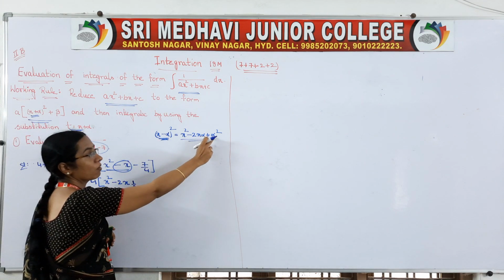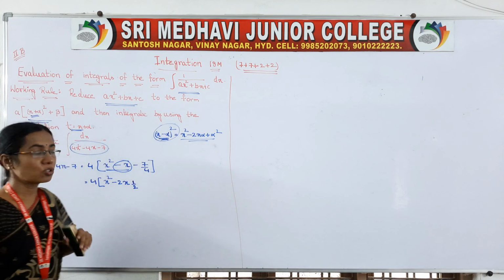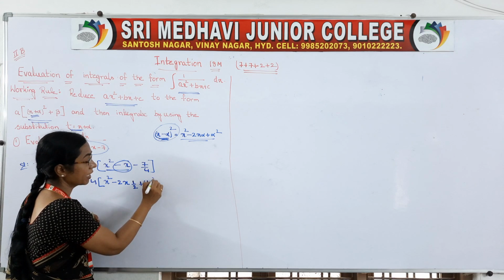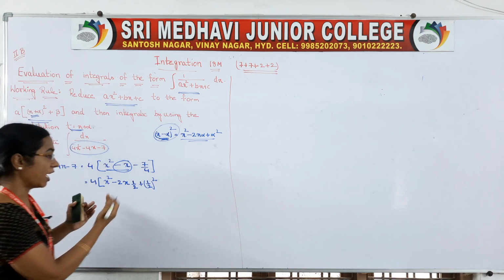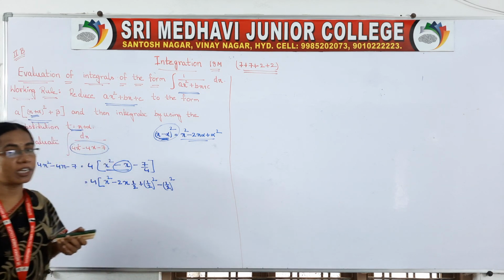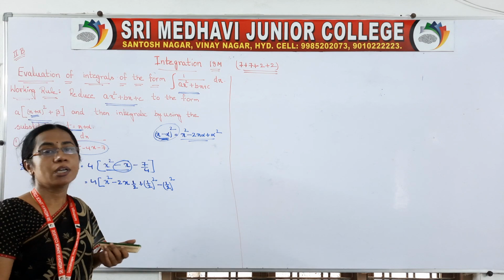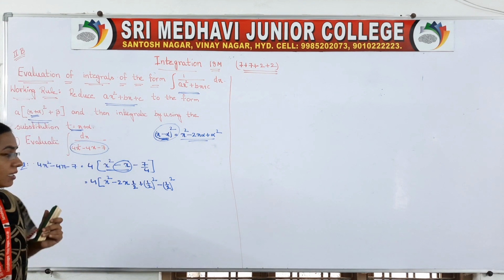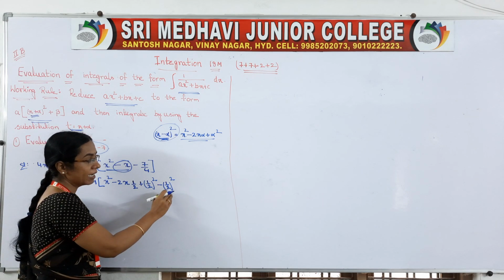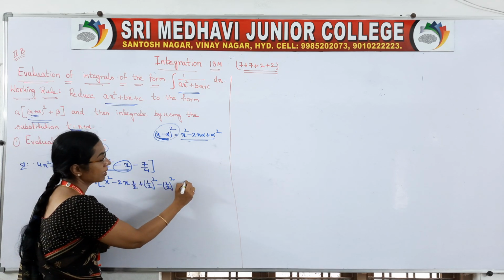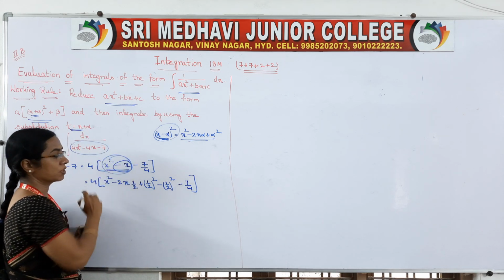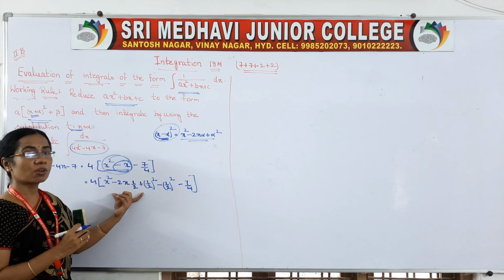So now we want alpha square to write this form. Alpha square means it is 1 by 2 whole square. It is not there. I have taken, which means we should add and deduct. In mathematics, if we want to add, we have to deduct. If we want to multiply, we have to divide also. Make it a balance, right? So 1 by 2 whole square we needed. So that's why it is added and subtracted. Now minus 7 by 4 is as it is. From these two terms, right? From these two terms we got this one.